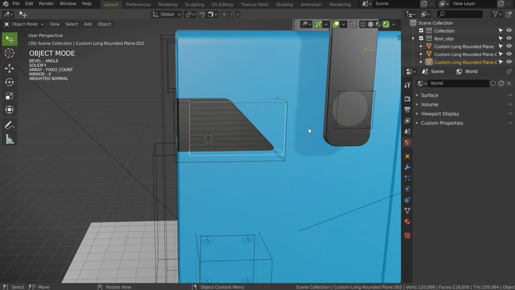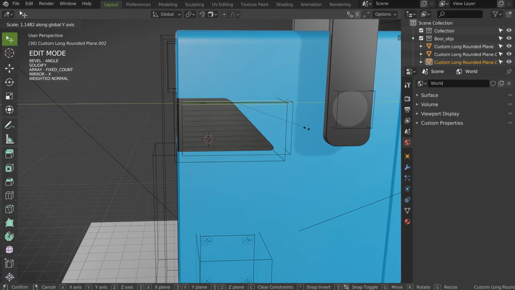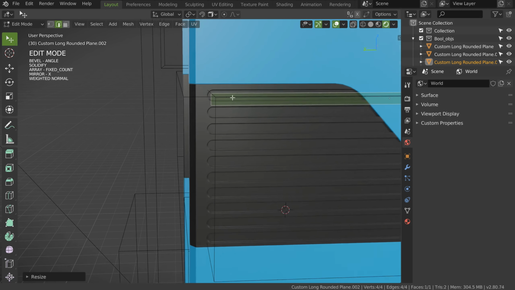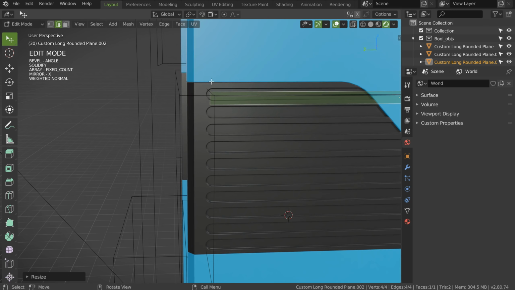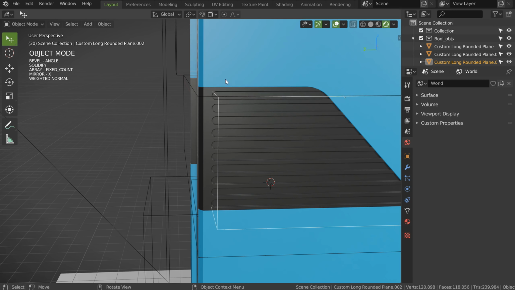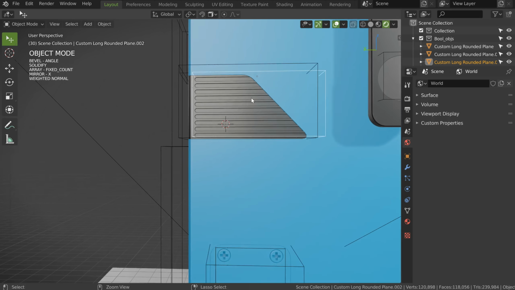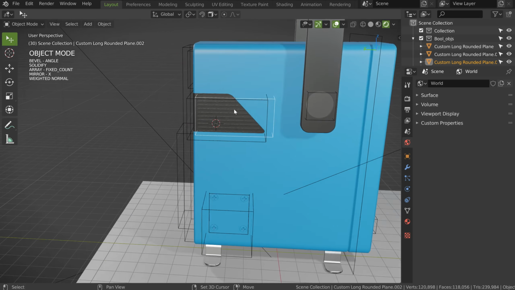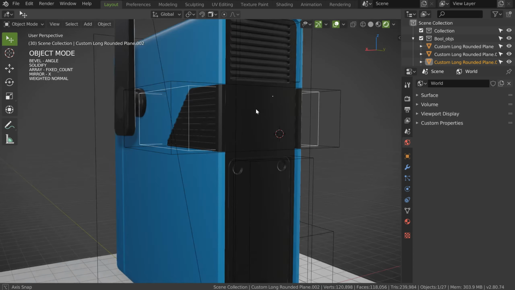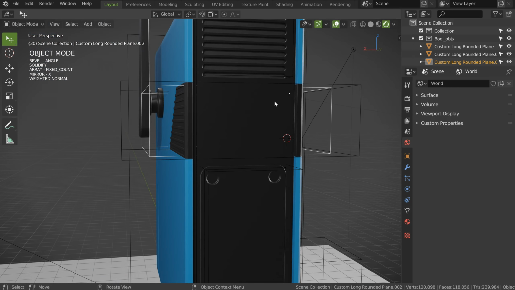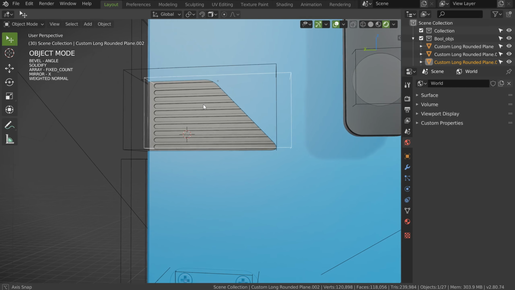This one, maybe scale it in edit mode. If you scale it in edit mode, you will not distort the bevel here. So this is good to have them in object mode, just like that, to edit them in edit mode, my bad. So if you move them in object mode, that will not be correct.